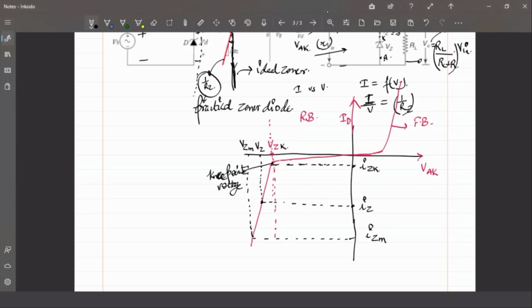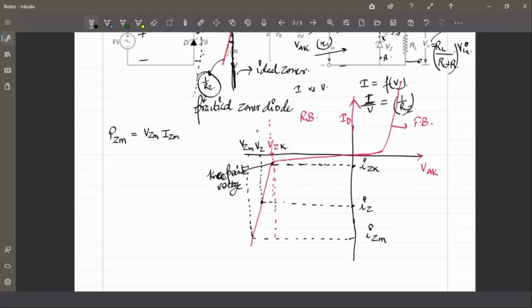So for any device, we know that the power rating is important because it will tell you how much power can be handled by that device. So if I'm talking about the maximum power capability of your Zener diode, let me call that PZ maximum, the power of the Zener at its peak value, that is equal to VZ maximum multiplied by IZ